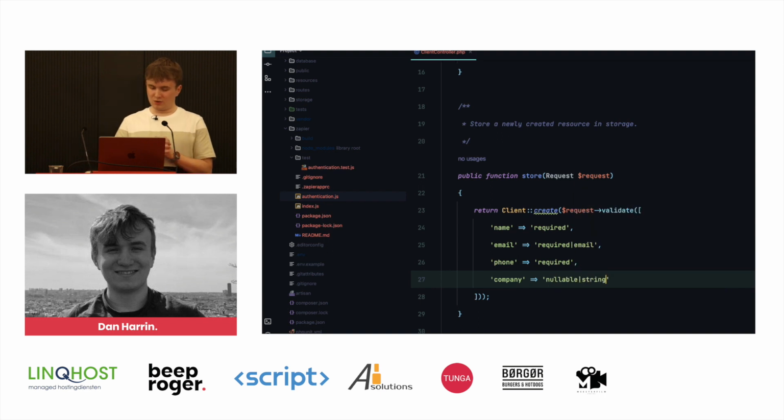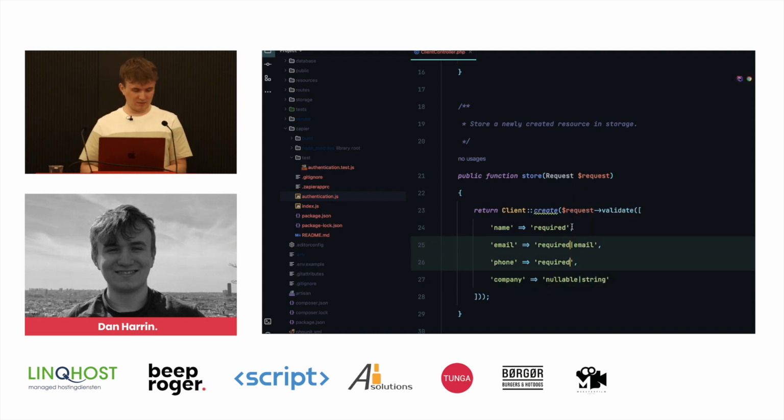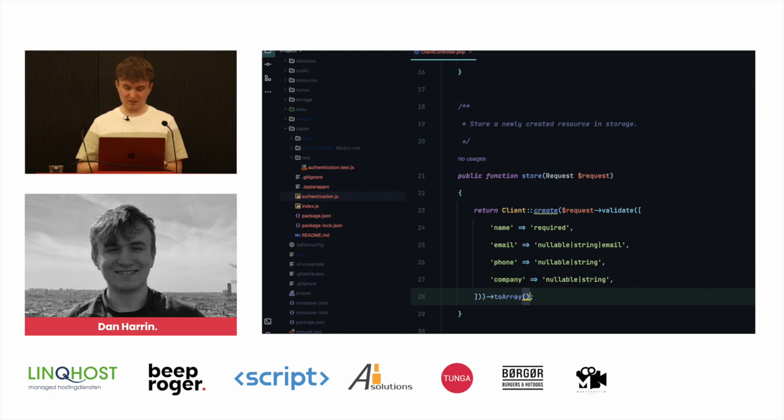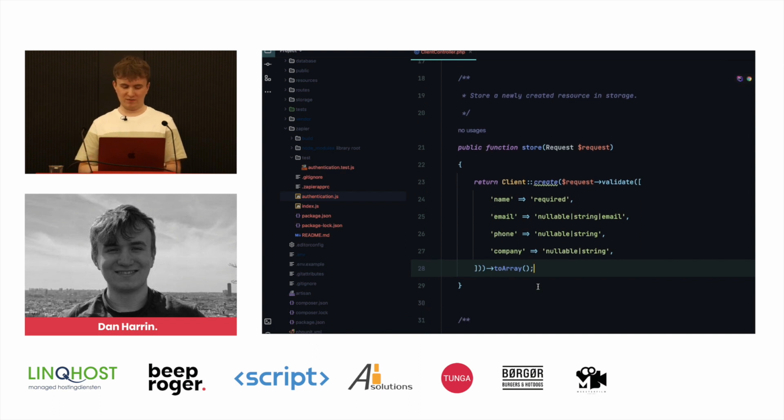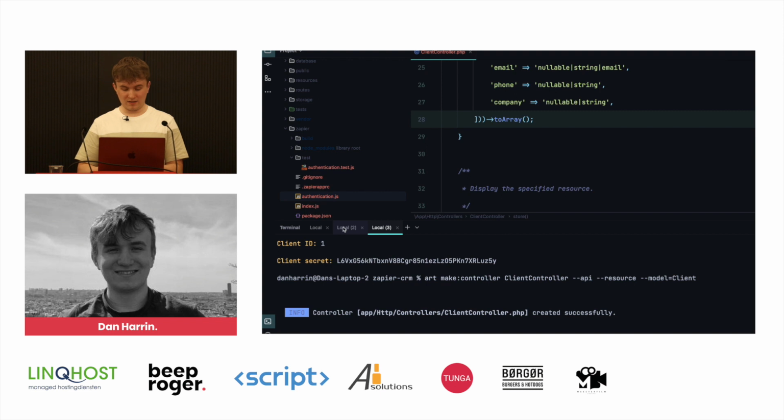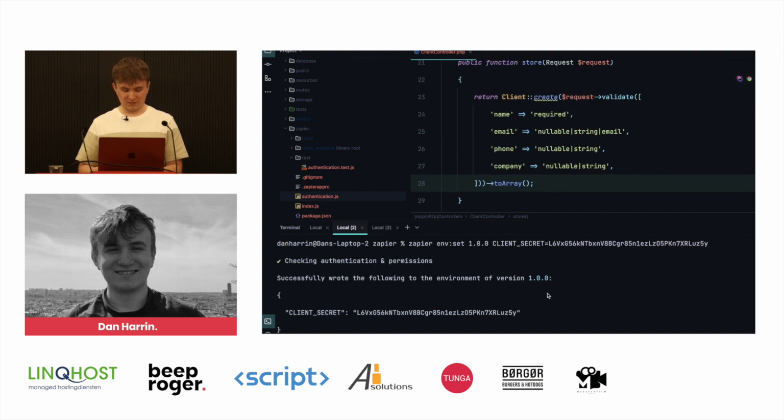So now we've set up our controller a little bit. Let's go back to Zapier. And we're going to create a mirror resource in our Node.js application that Zapier is then able to call. So let's go into our Zapier directory. And we can use the Zapier scaffold command, and this creates a lot of the files for us, and also a test for that Zapier resource. So Zapier scaffold, and this is going to be a resource, and we're going to call it client.